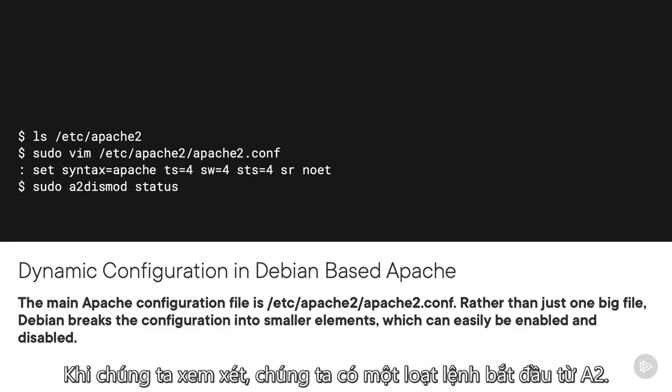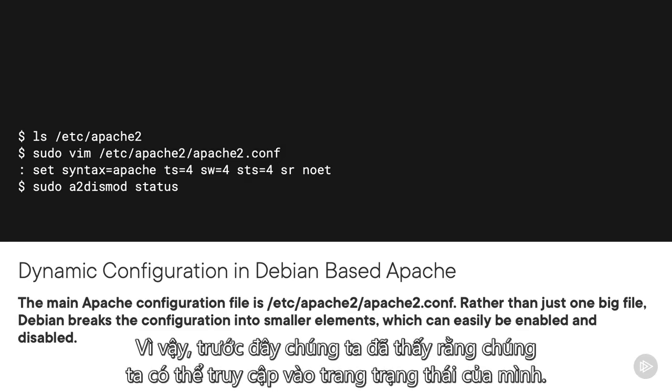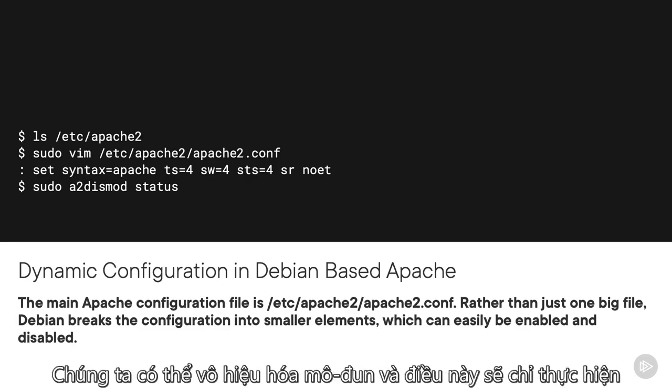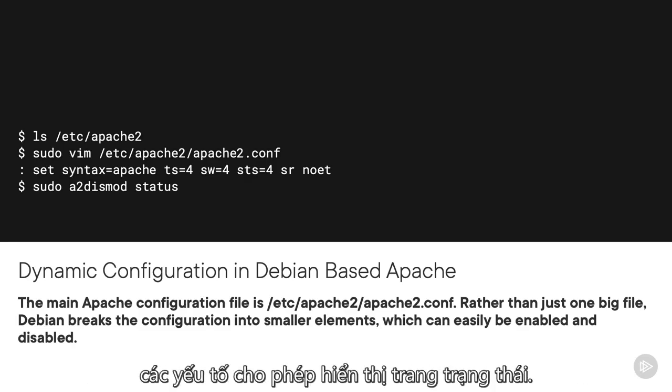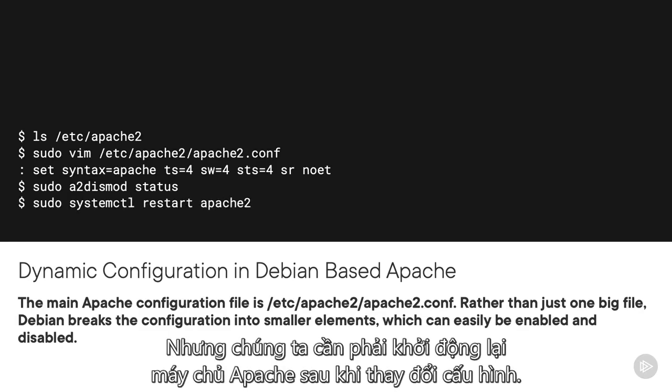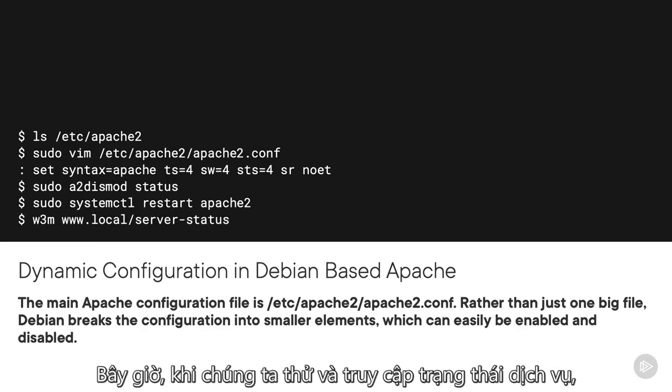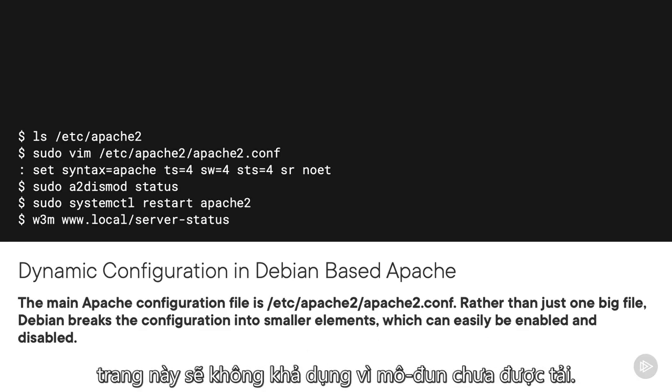When we take a look, we've got a whole load of commands starting a2. So we've seen previously that we can access our status page. Now, if we don't want that status page, we can disable the module. And this is just going to take out the elements that enable the status page. But we do need to restart the Apache server after changing the configuration. Now, when we try and access the server status, the page is going to be unavailable because the module is